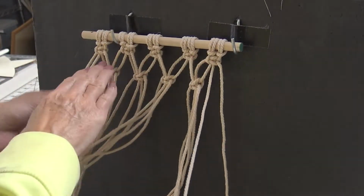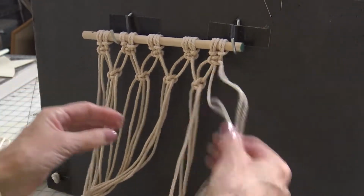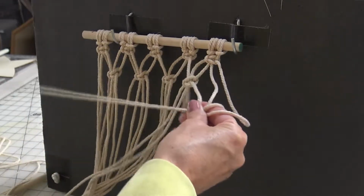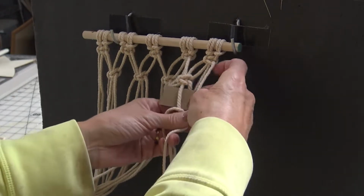Okay, that's what it looks like after your second row of knots. So now we go back to those first 2 that we set aside on each end. We're going to take those 2 and the 2 from the first knot and continue with the same rhythm. Do your first row of first step of the knot, put in your cardboard,